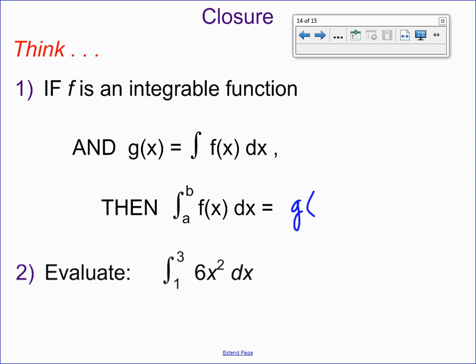So my antiderivative for f is g. And then to evaluate those last ones on number 18, you went and found g of b minus g of a. Absolutely. So just g of b minus g of a. That gives me the exact area underneath the curve over the interval a to b. Raise your hand if you have g of b minus g of a. Awesome. Then let's go ahead and apply it.